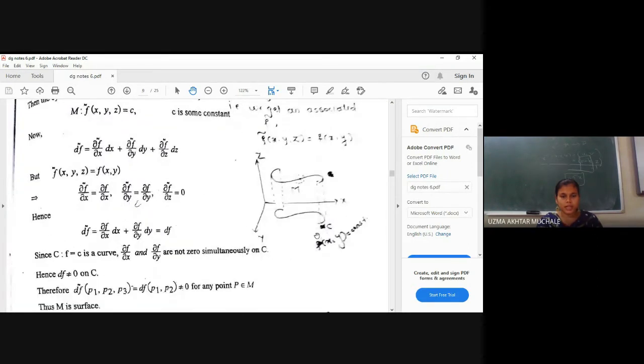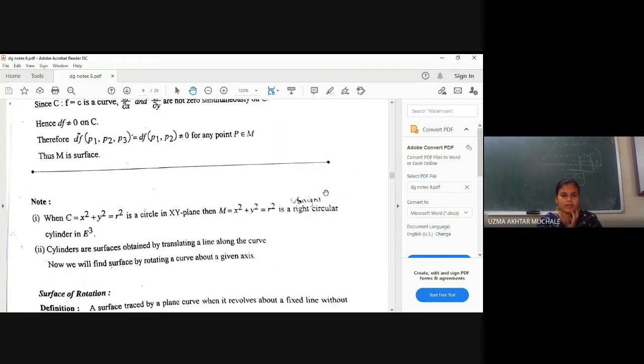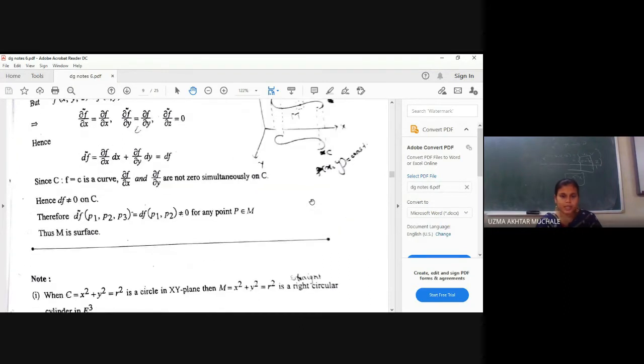Next, we have seen the cylinder, how the cylinder is formed. First, we are having a curve in xy plane, and we have to revolve one straight line on a xy plane, and whatever the object we are getting is a cylinder in the case of differential geometry. How you are going to find out a cylinder in differential geometry? First, you have to take any curve in xy plane, then take a straight line, put a straight line on a curve, and then revolve this straight line on a curve. Whatever the object we are getting is a cylinder, and we have shown that how it is a surface.